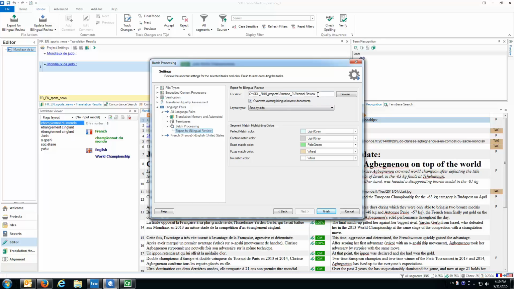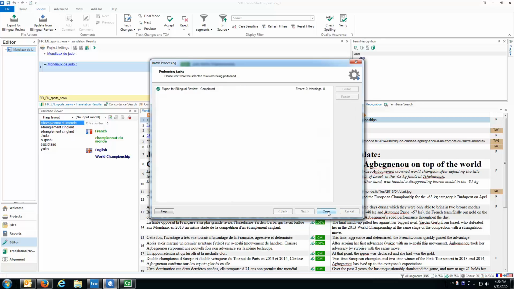I just want you to remember to look at this area and to remember where your file is going to be saved. And I have a layout type option here, either side by side or top down, top down meaning that for each segment the source would appear right above the target, as opposed to two columns with the source on the left and the target on the right. I'll stay with the default. You can select either option, or you can select both. And maybe you want to just look at how they look and play around with this feature a little bit once you learn how to use it. And then you click Finish,